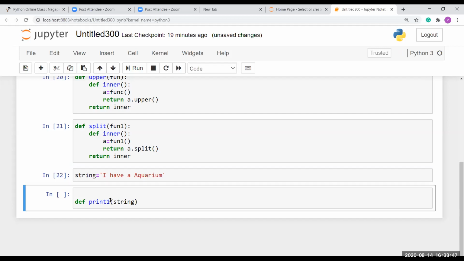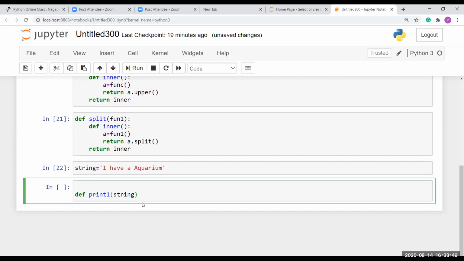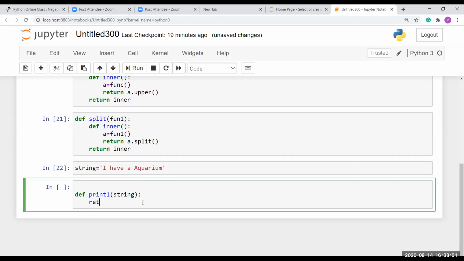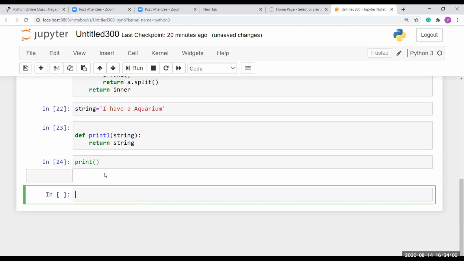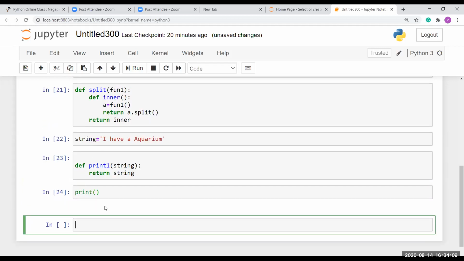So that is my string, and here I'm going to return my string. That's all. So now I'm going to check my function. Don't return anything.